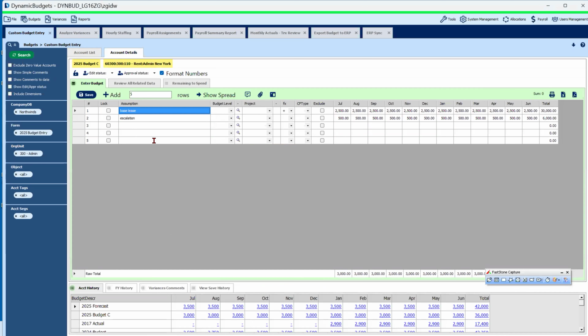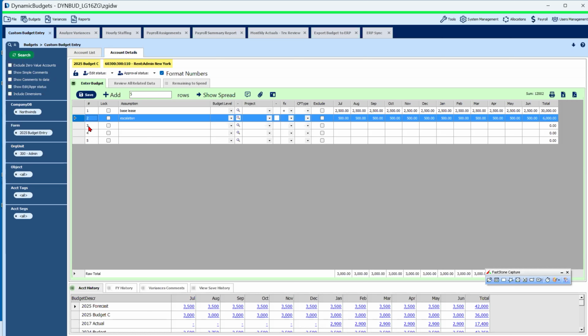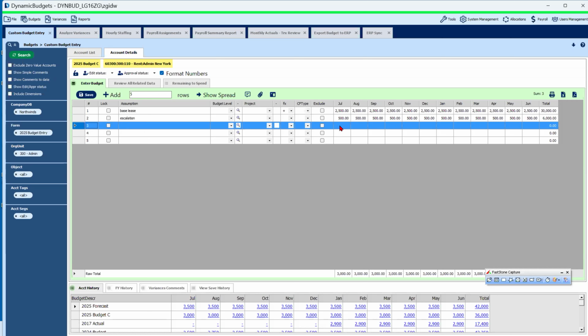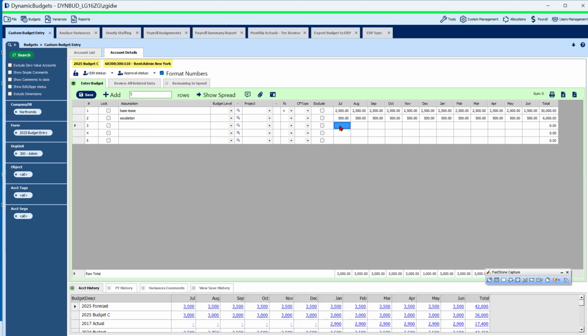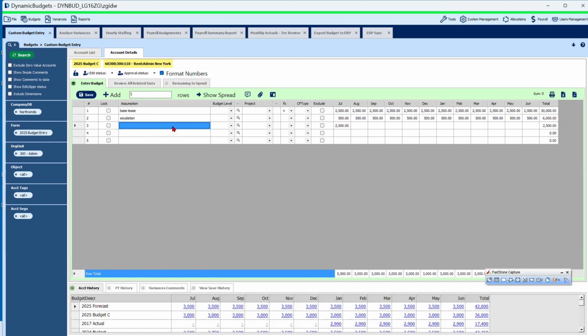You don't have to do a special function to invoke the ability to itemize your budget. Inherently, we expect the end users to itemize their budgets. So I might have had my base lease, I might have planned for an escalation, or maybe we wanted to rent the third floor in here. This feels like Excel. So if they want to put in another 2,500 to rent the second floor,